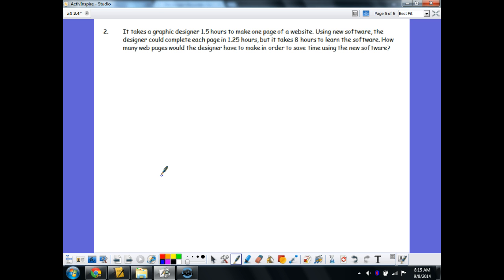new software? So in this case, first thing we're going to do is define a variable to use. And in order to do that, we're going to look and see what the final question is actually asking for. And the final question from here to here is how many web pages would the designer have to make in order to save time using the new software. So I'm going to use P for pages, and that is the number of pages